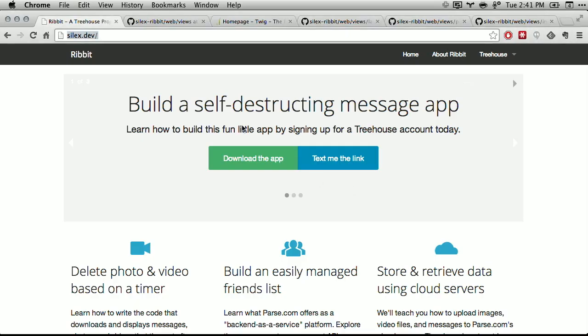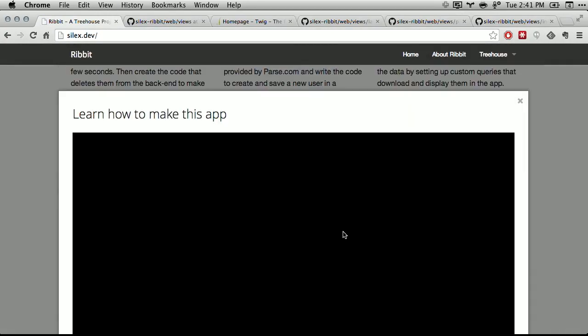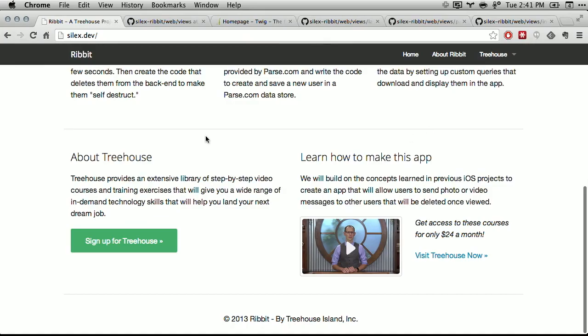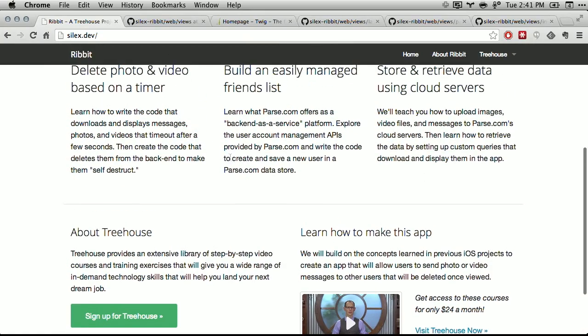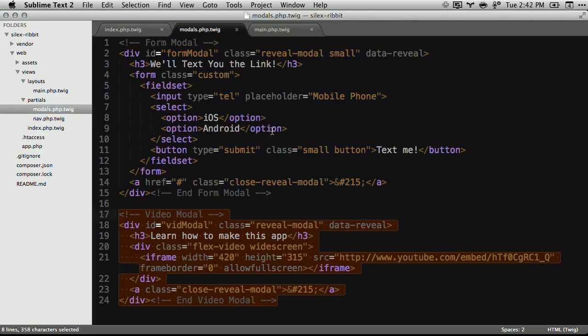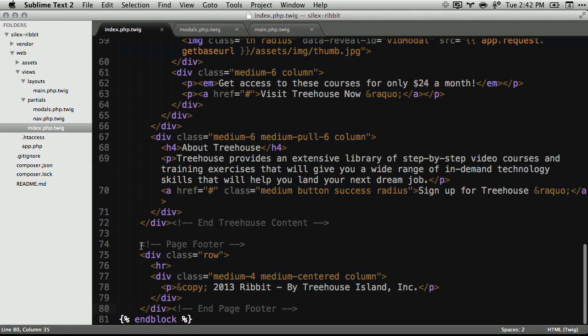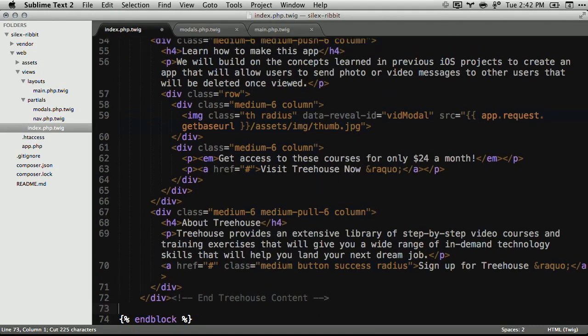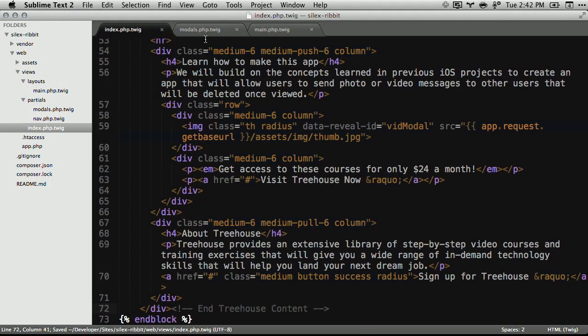All right, refresh that before we go too far. Make sure our video modal still works. It does. That's good. All right, and then go back to our index file, take a look at our footer, and do the same thing, page footer. So we'll cut that out. That actually needs to go into our